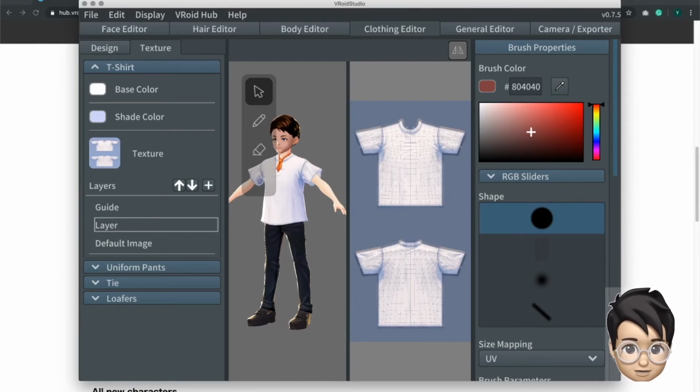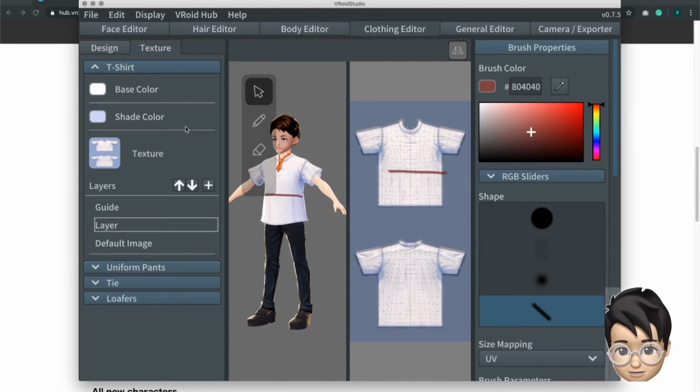So you can tell that some parts are going to be stretched out and others are going to be squeezed. So here you can actually see that get applied in real time. I can draw a straight line across a t-shirt and it's not going to look exactly straight on the person. So you can see it curved